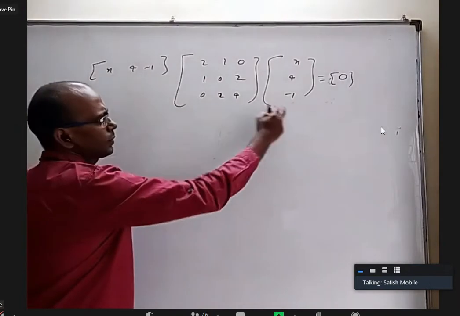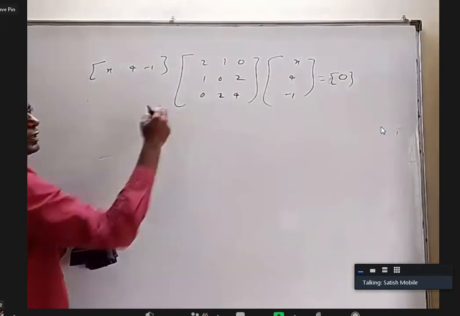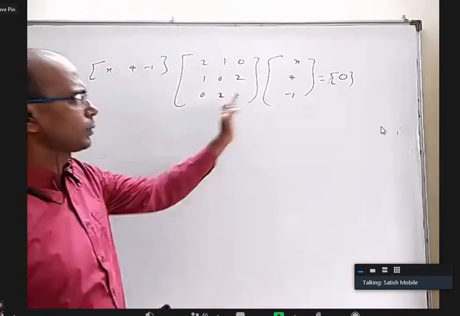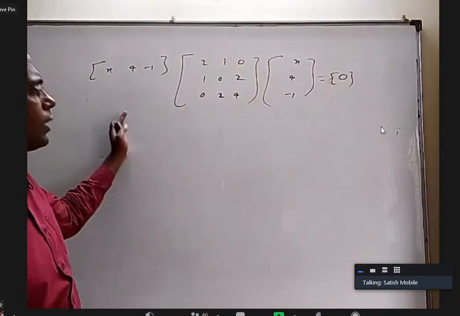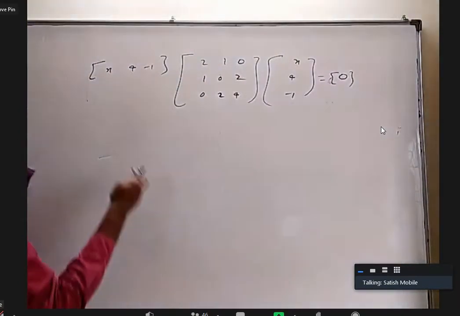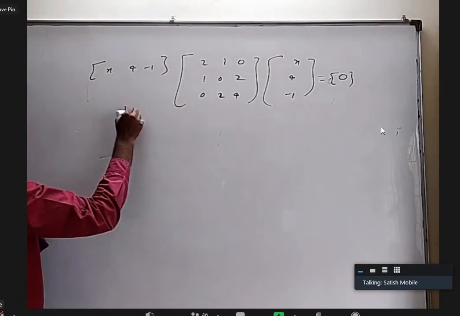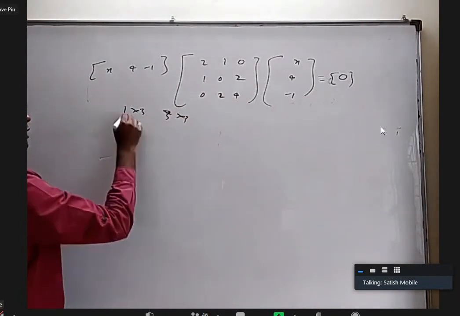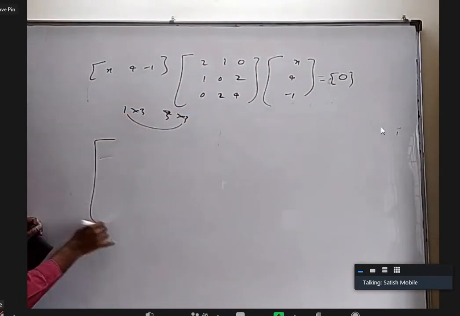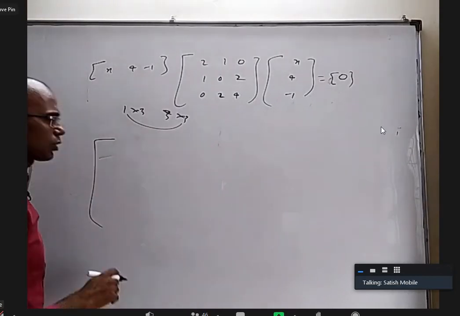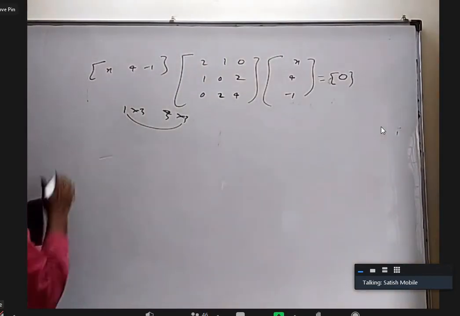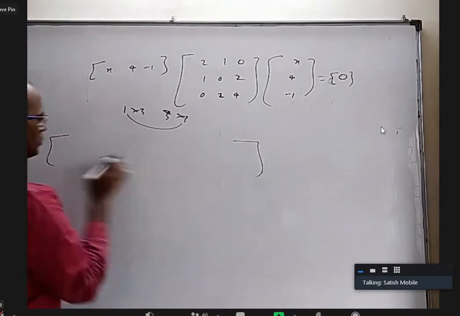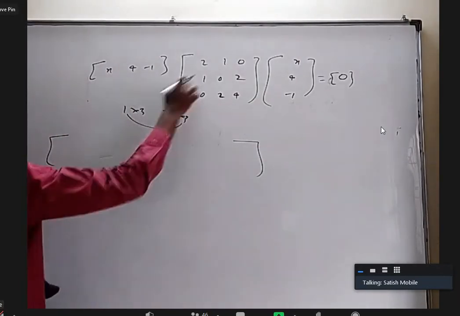I can multiply these two matrices first, or I can multiply these two. By the associative law, I can multiply BC first and then A from the left, or AB first and then C from the right. Anything is okay. Let me multiply these two. This is a 1 by 3 matrix and this is a 3 by 3 matrix, so I'll be getting 1 by 3, which means 1 row and 3 columns. One element here, one here, one here. First row into first column.